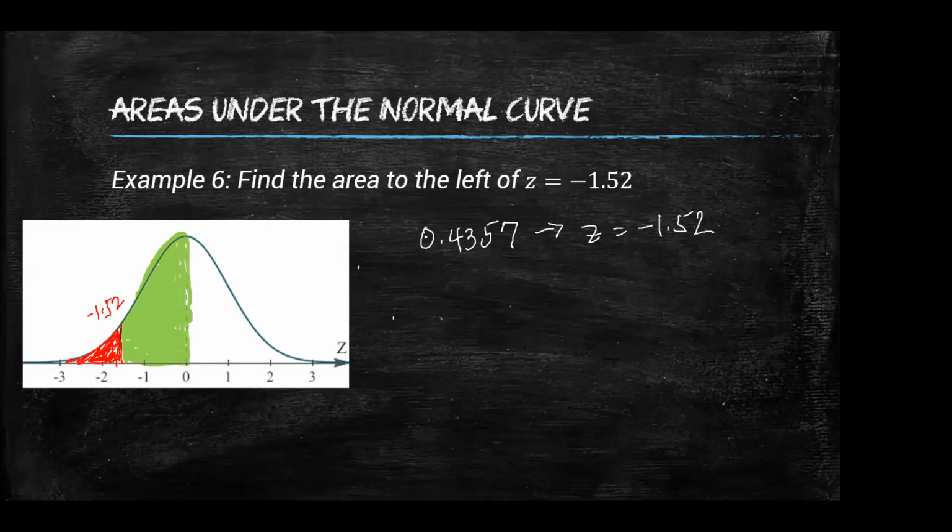Na-covered yung kalahati ng ating normal curve. Kasi symmetric sila and 1 ang buong area, so 0.5 yung area ng kalahati. Ngayon, since hindi natin kailangan yung green part, yung green part kasi is yung area between negative 1.52 and 0, so that is 0.4357. Subtract that, that would be the area to the left of z equal to negative 1.52. And the difference and the final answer is 0.0,